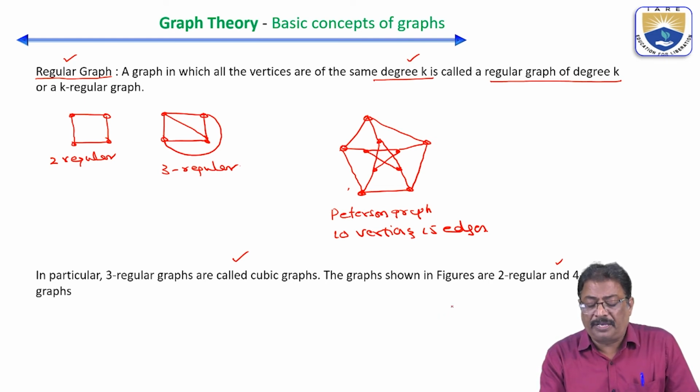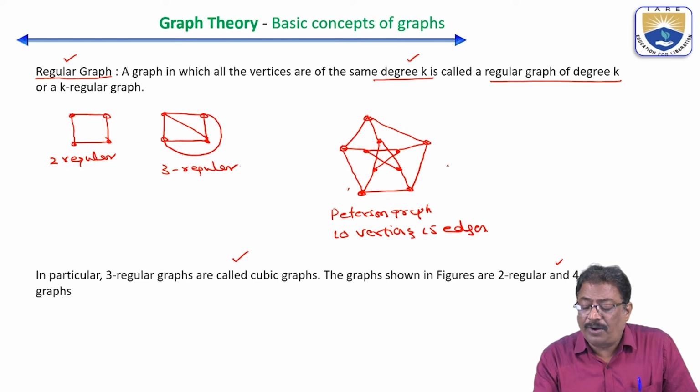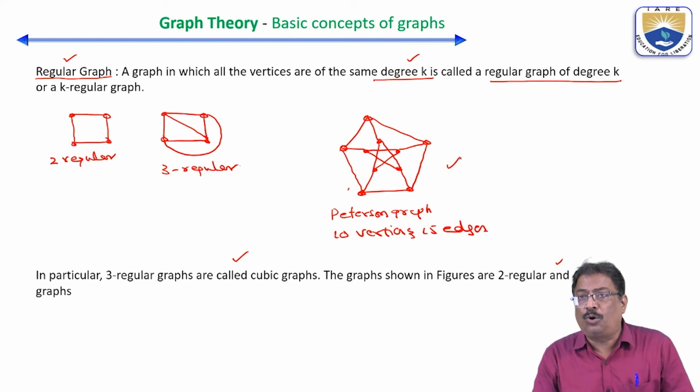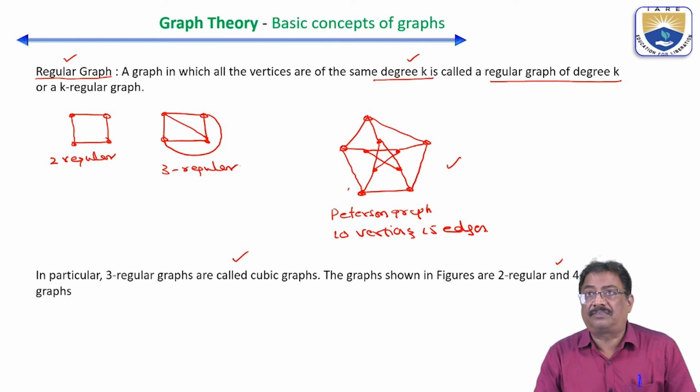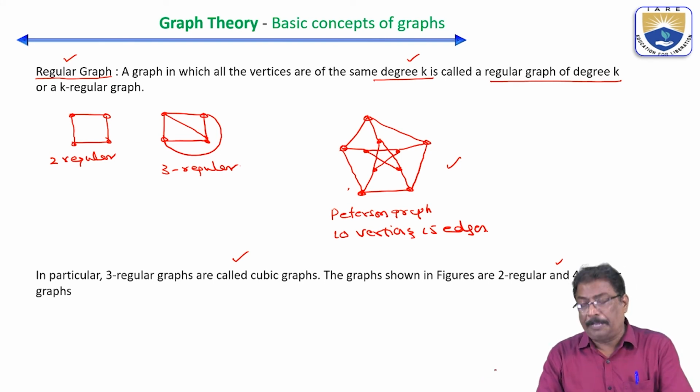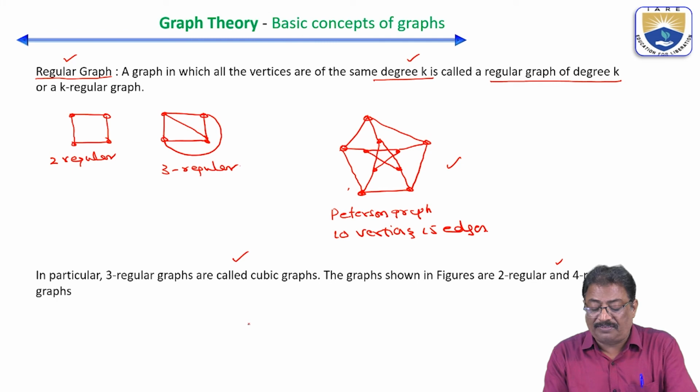Even in some of these, see here, why is it not a complete graph? Because there is no dedicated edge from one vertex to all the remaining vertices. So that is the difference between a regular graph and a complete graph. If I am considering a complete graph with 5 vertices,